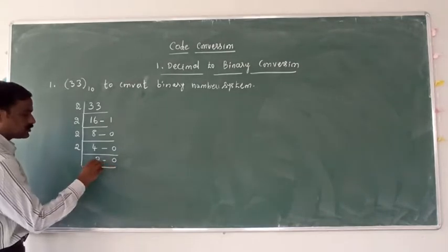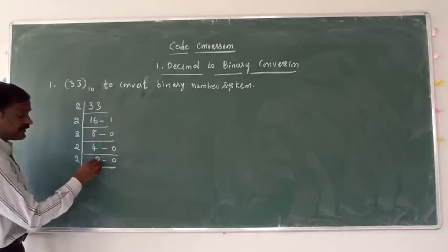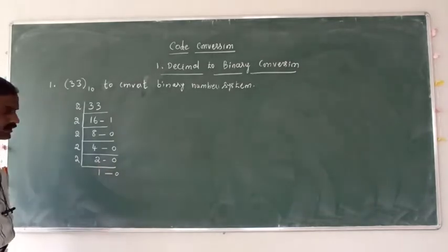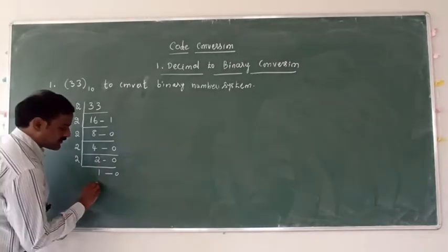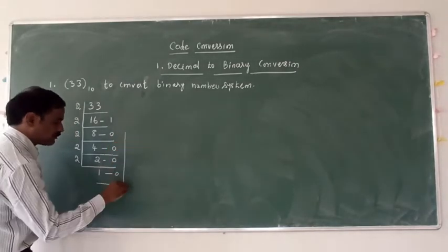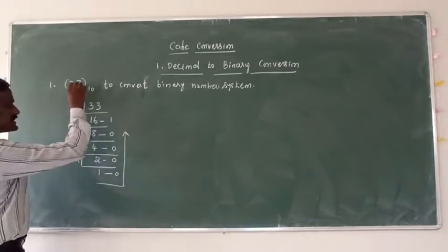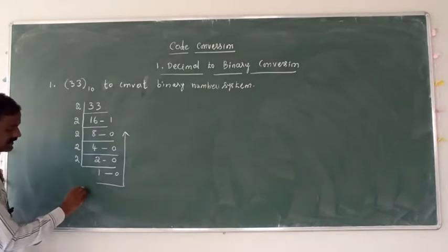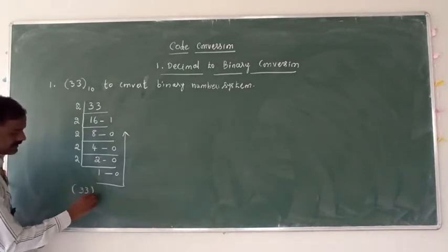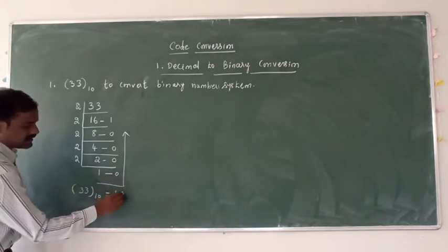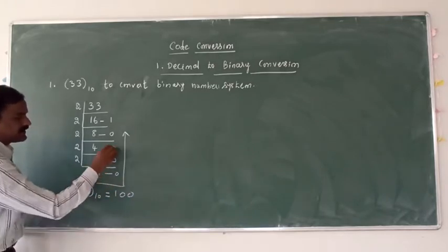Next, 2 divided by 2 is 1 time, remainder 0. So we write the result from down to top. That is 33 base 10 equals 1 0 0 0